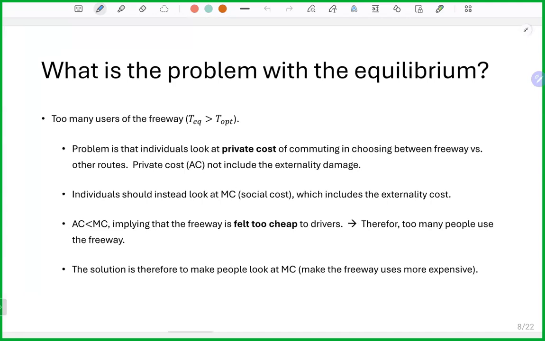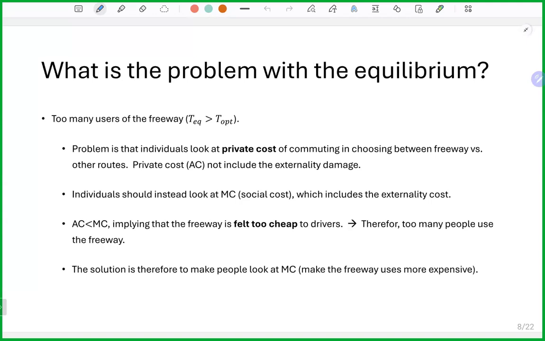Private cost is perceived as your own cost, but private cost does not include the external cost. But the true cost borne by the society is the social cost, which includes